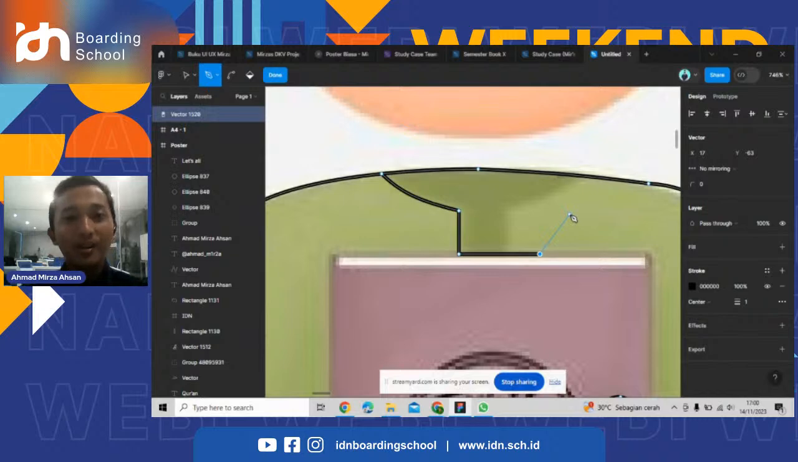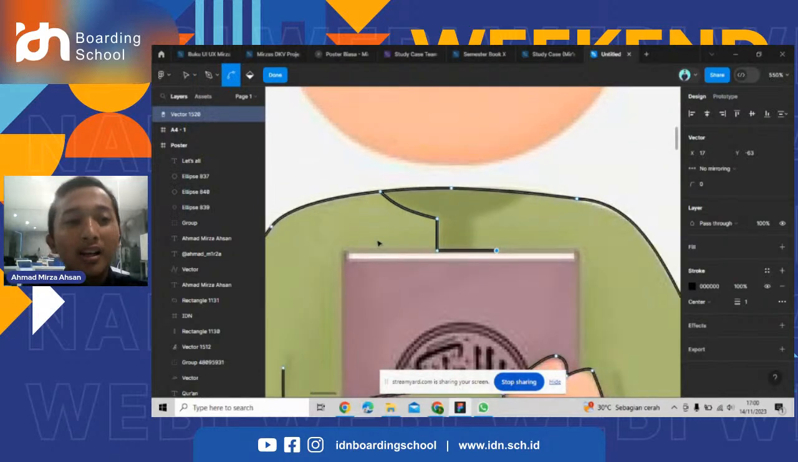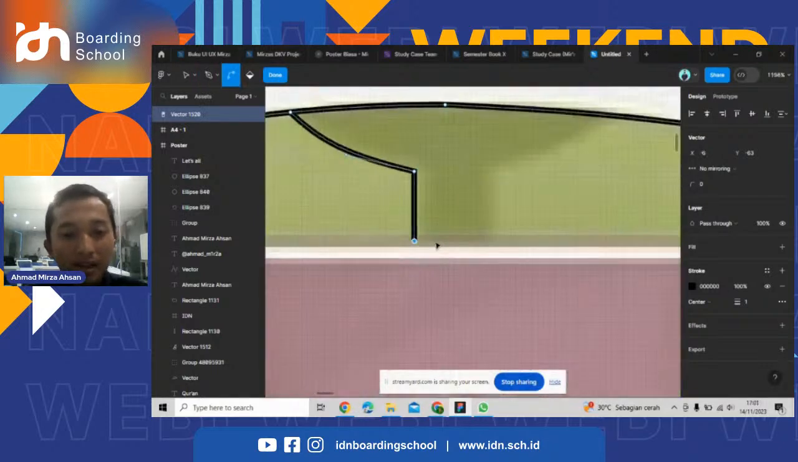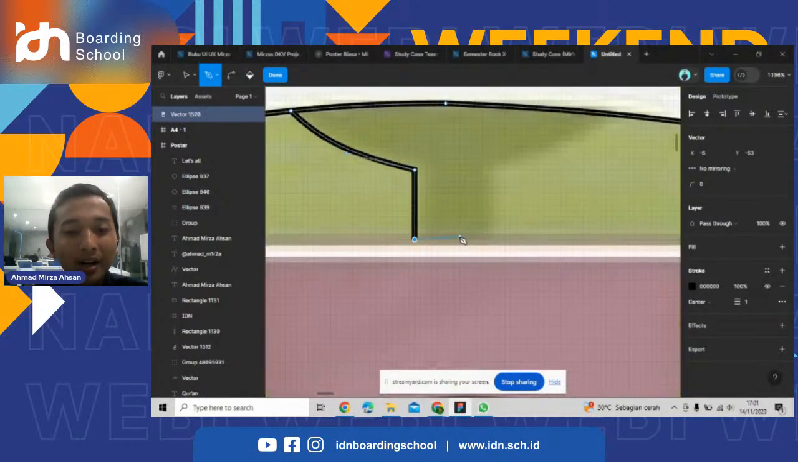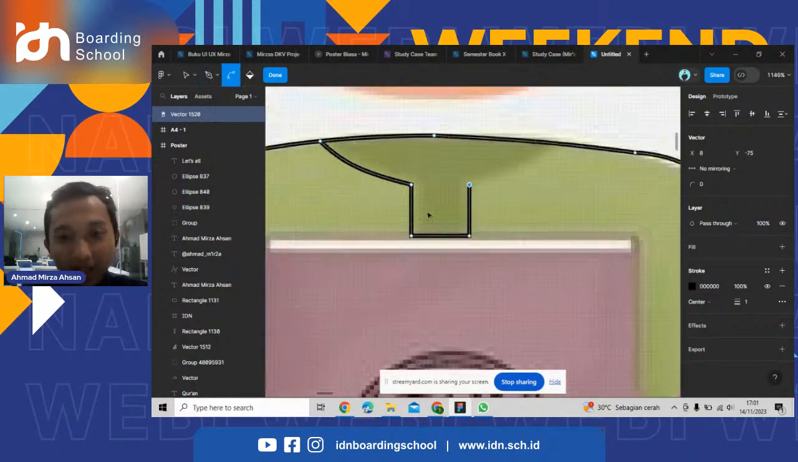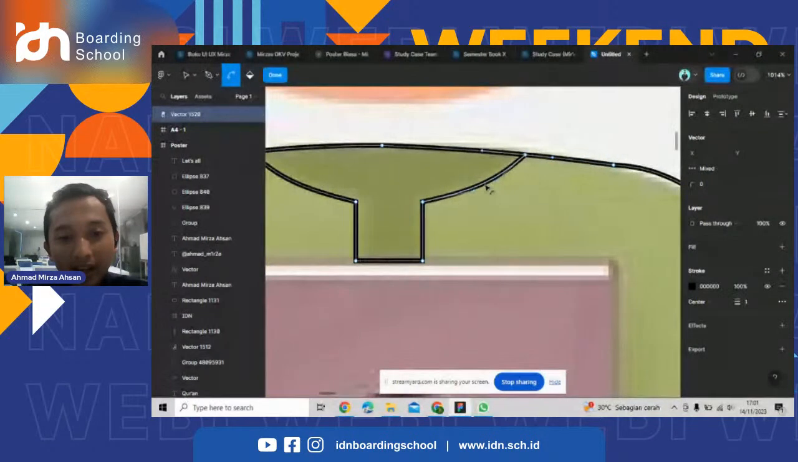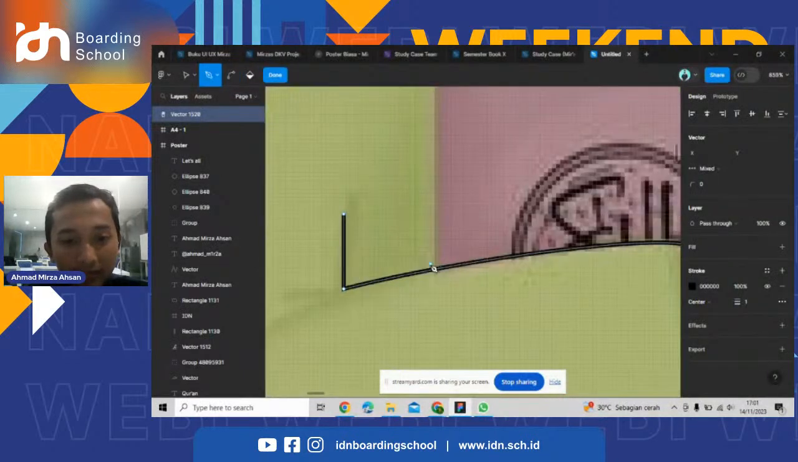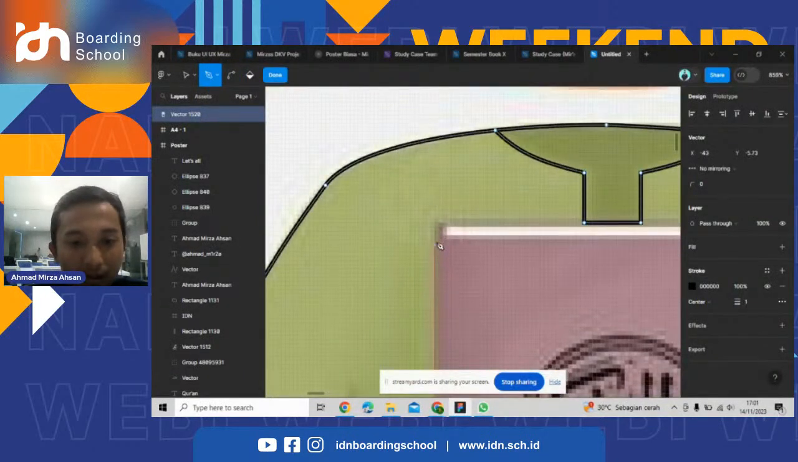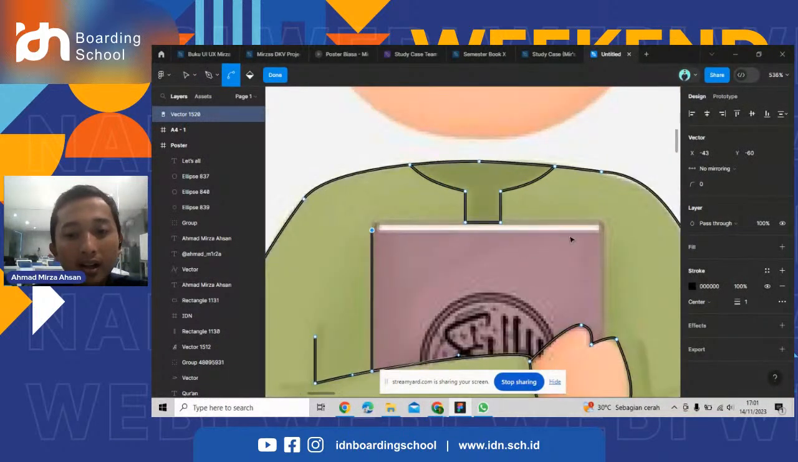You can use the shortcut Control Z, which is going to make your line come back. So from here to here, and then over there, and do this. Let's make the book over here and there and here,